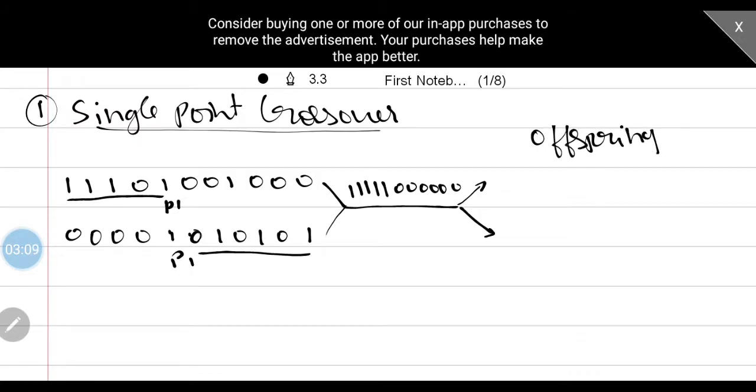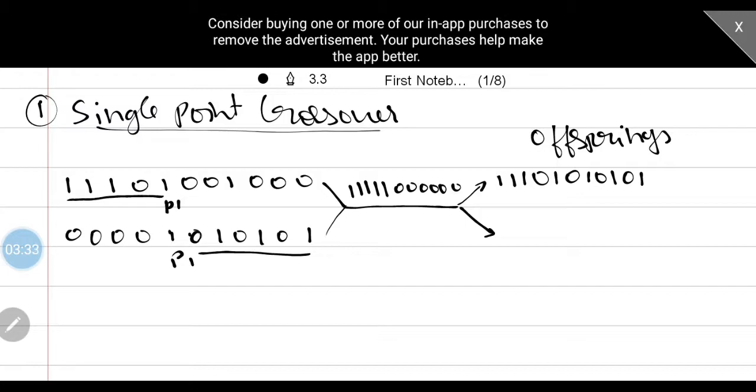Now, while writing the resulting offspring, on the right hand side we are going to represent the offsprings. First copy the first part of the first string, so we get triple one, zero one, till where you have marked. Remaining will be the part from the second string, so 0 1 0 1 0 1.